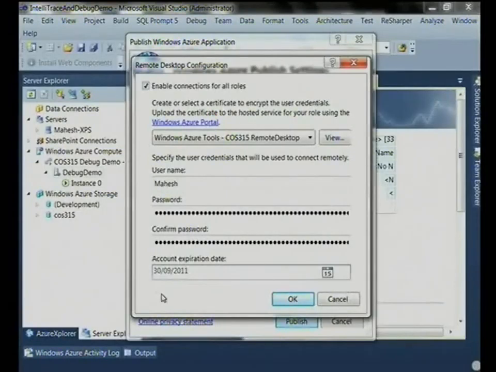So if you want to go and look at the event log, for instance, or see if something's gone wrong in the file stored in there, you should be able to do all of that. So quickly demonstrate. It's quite simple. When you are going to do remote desktop, you've got to create a certificate and attach that certificate over there. I've already done this in my example.